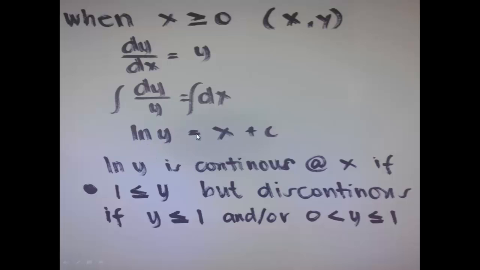Now this resulting equation will give us a conclusion that ln of y is continuous at x if y is greater than or equal to 1, but discontinuous if y is lesser than or equal to 1, or 0 is lesser than y but lesser than or equal to 1. So therefore we conclude that